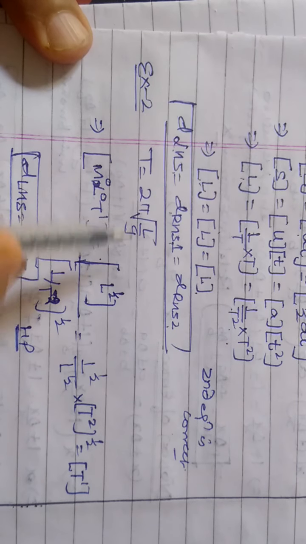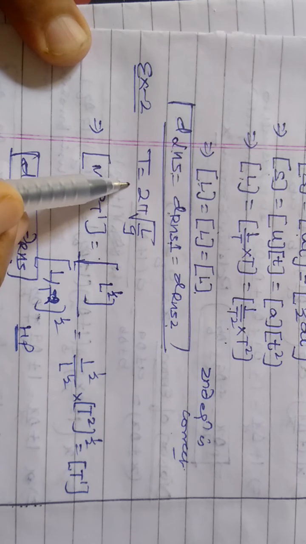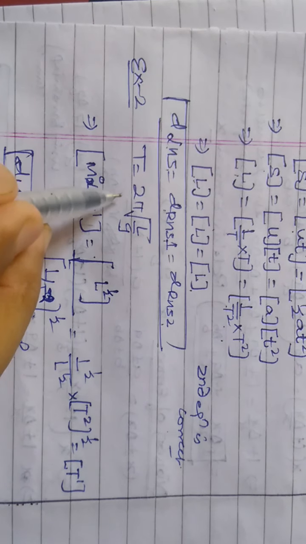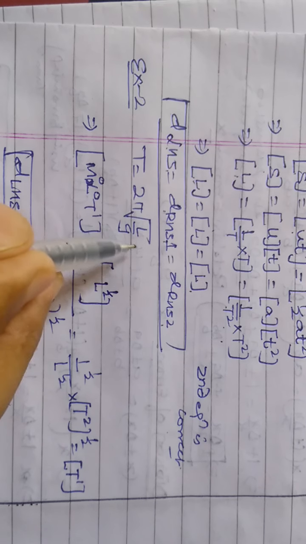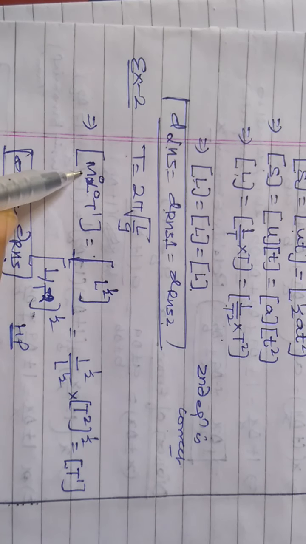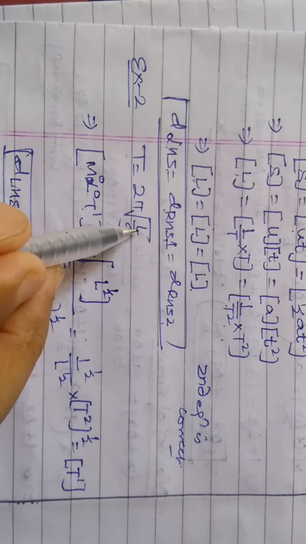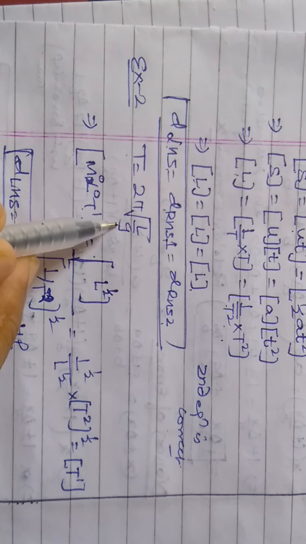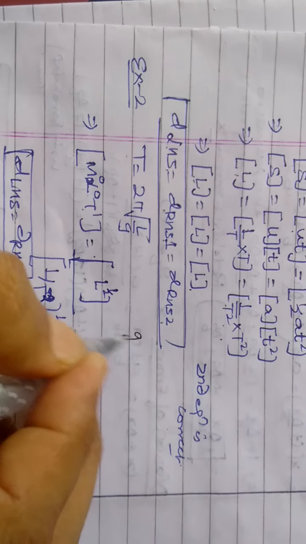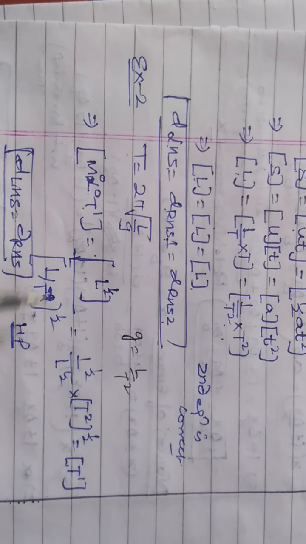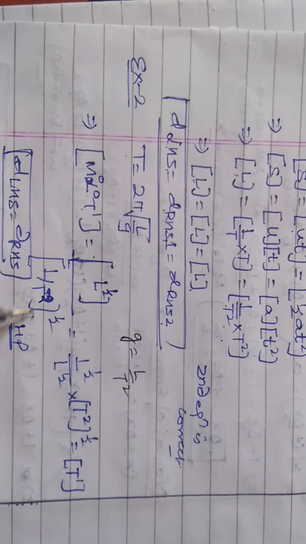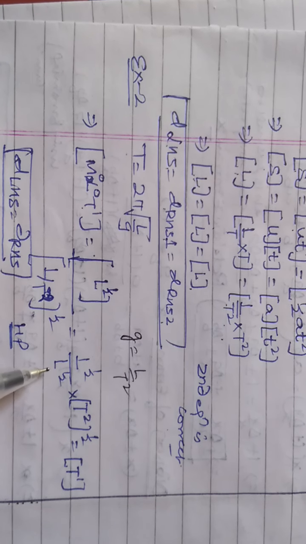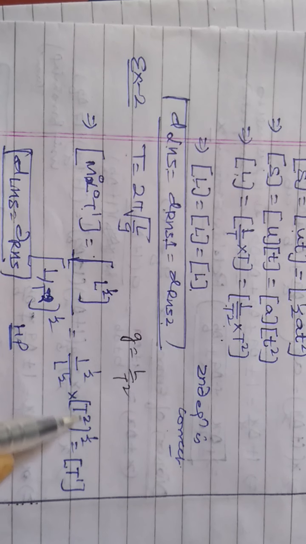Similarly, we take the formula which we have derived, the time period of a simple pendulum. T is equal to 2 pi under root L upon G. Dimension of T is M0 L0 T1, while dimension of L will remain L. Square root is there, so we put 1 upon 2 power. G is acceleration, so we can write L upon T square. So we write L upon T square raised to power 1 upon 2. Now we can write it this way, L to the 1 upon 2 over L to the 1 upon 2 into T2 raised to power 1 upon 2.